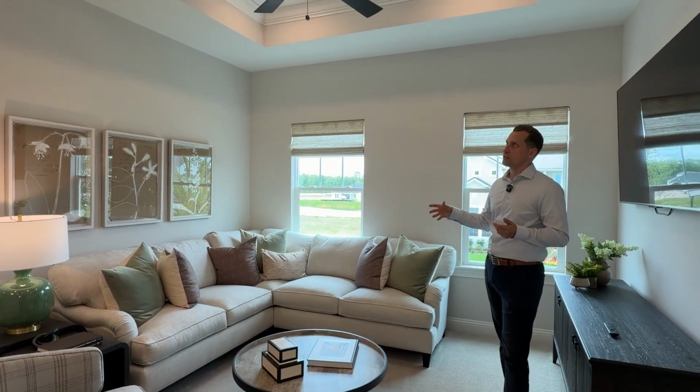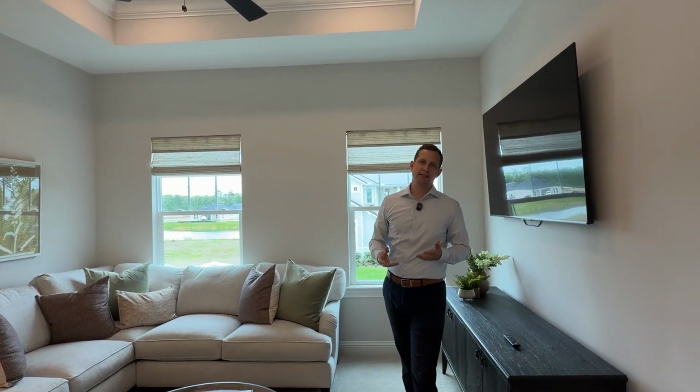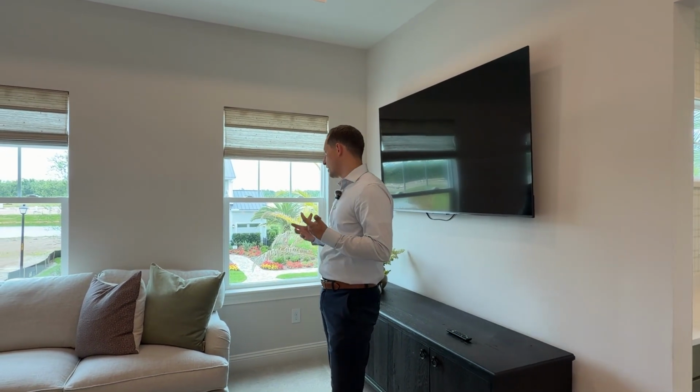But something that I love with this is you do have that tray ceiling in here. Again, they continue all that crown molding. The thing about a builder like this is they definitely try to provide that custom or semi-custom experience to you as the homeowner, so you're going to see a lot of that in their model. You're also going to see a lot of that potentially with your home when you choose to build with